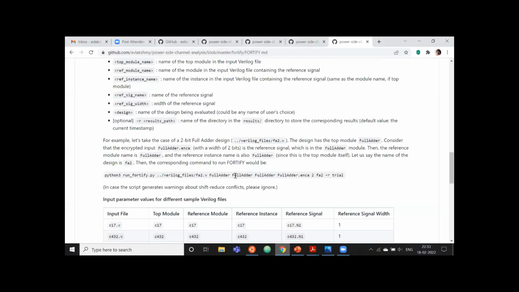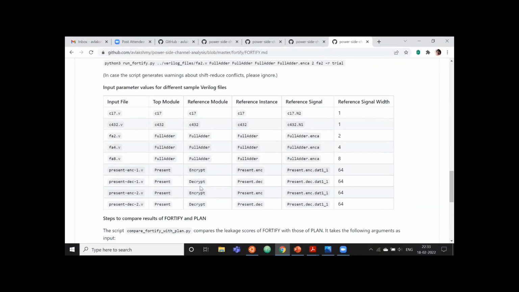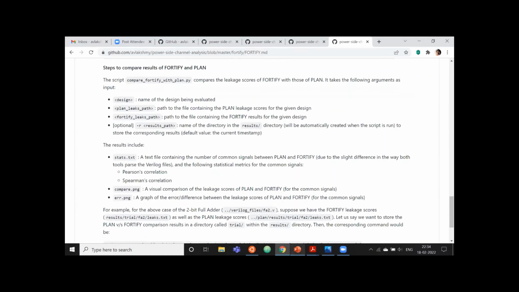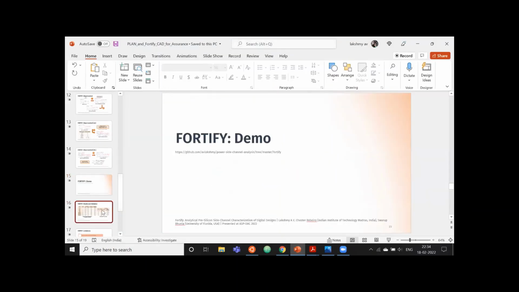Again, in the repository, we have provided some more details for how the input parameters can be provided for a range of more sample input files. And there are also details of how we can compare the results of Fortify with that of Plan. So that brings us back to the presentation,